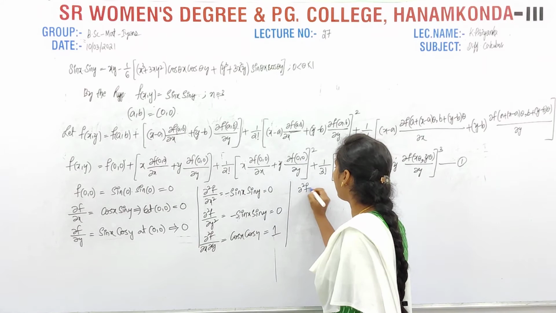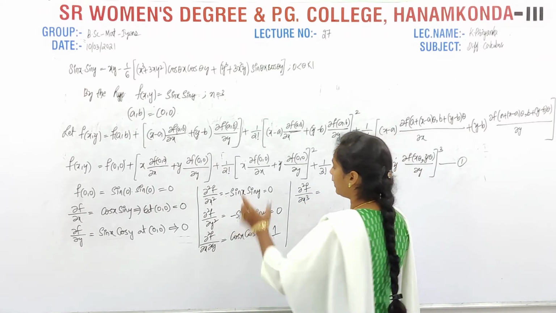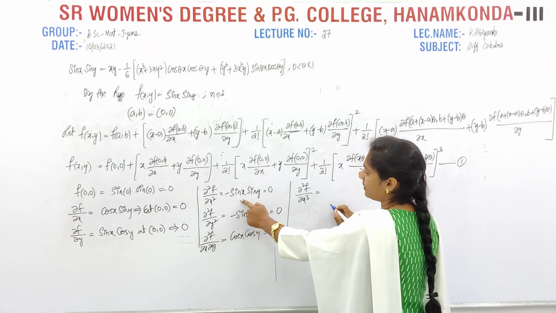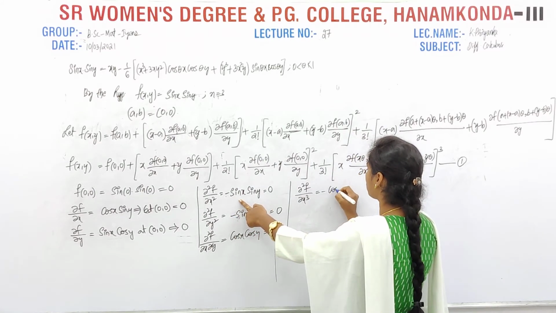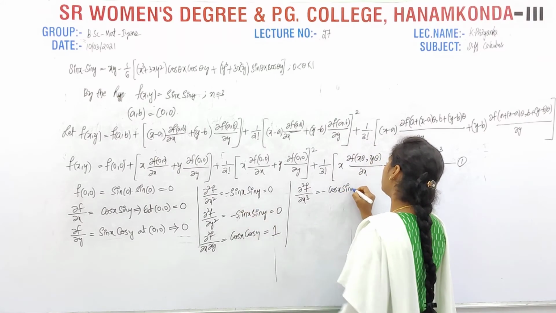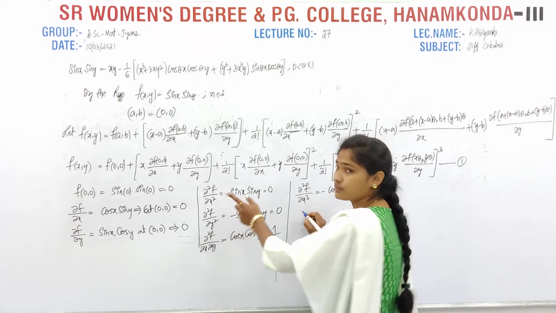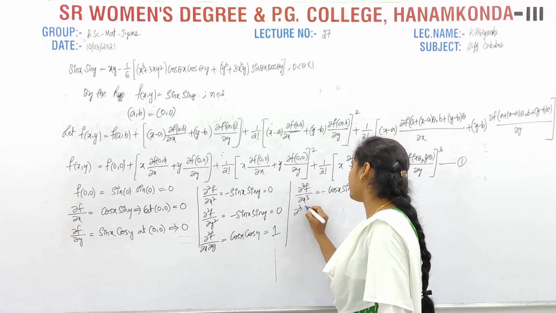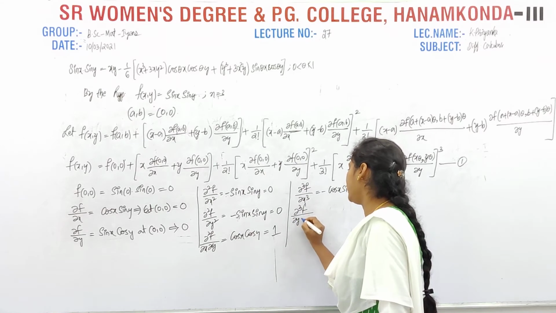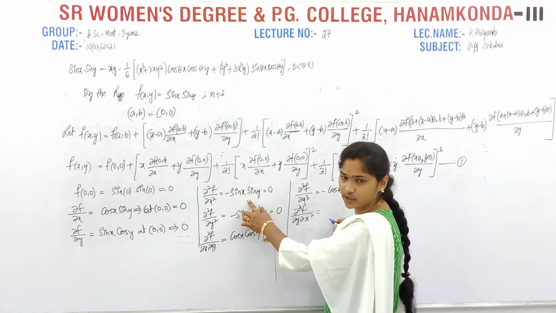Then ∂²f/∂x³. Okay. Then what I will get here? With respect to x, no? So minus sin x, derivative is sin x, derivative is cos x. So minus cos x into sin y, which is equal to 0. Next, for this one with respect to y, we have to calculate ∂³f/∂y∂x². Okay, now we have to differentiate it with respect to y.